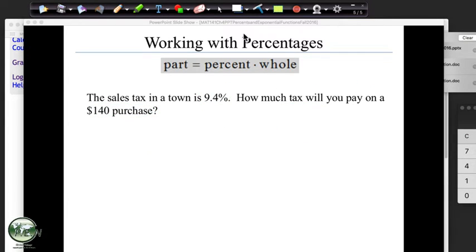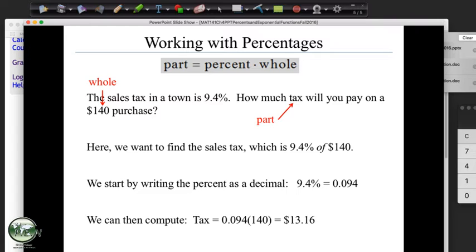We'll clear this off, and then let's see if the PowerPoint walks us through. I think it does. So the whole and the part is the tax. And again, after a while, you just think about it as the tax is based on the purchase price. This is in Math AS, so you're welcome to look through it. They do it in a different style. It might be what you're used to, and if you're comfortable with it, that's great. But I just try to give you an alternate means. If you struggled with percentages, try my way of just doing a proportion. It'll work all the time.